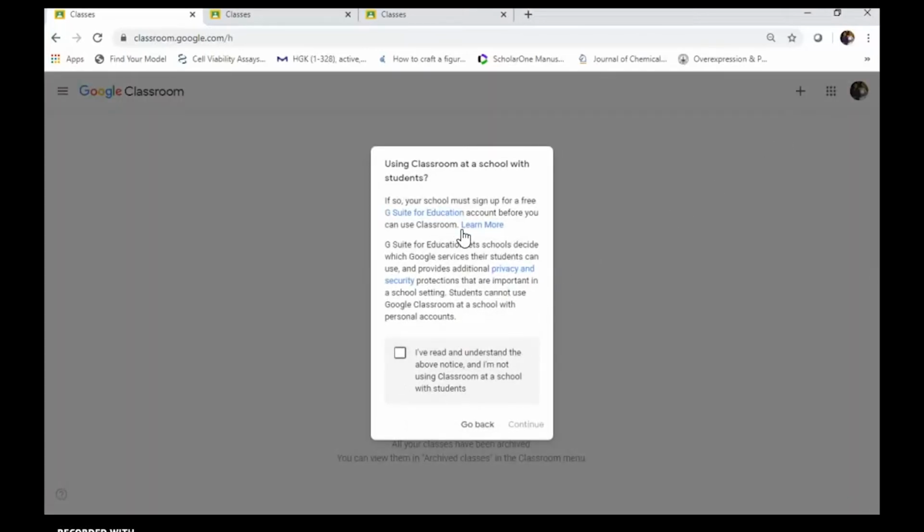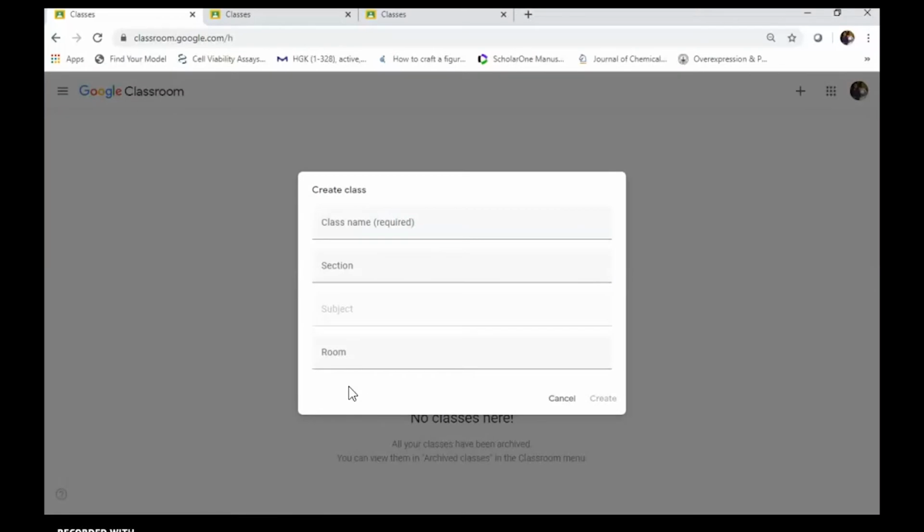This is a disclaimer showing that you are not using this with your school, because schools provide special IDs, and that may be financial. Now we are using a free account here.